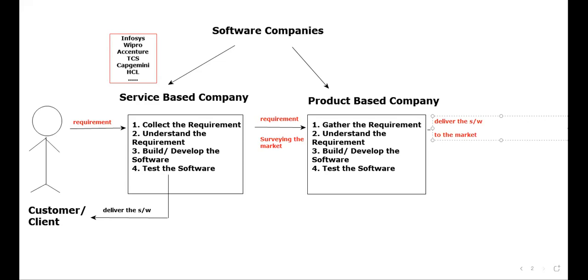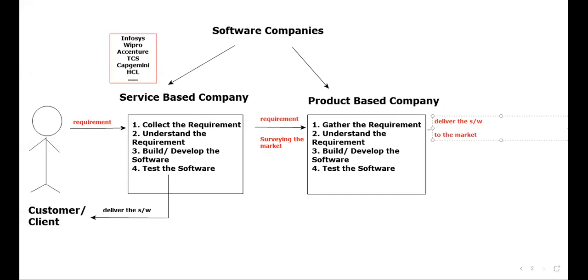200% product based company. Sir, why, sir? No customer went. For example, suppose Sandesh went to some person called Mark Zuckerberg and said, Mark Zuckerberg, you do one thing. I want to text my girlfriend, so develop a software. If I tell him like this, he will scold me in bad language. That's the reason. What will happen in reality?